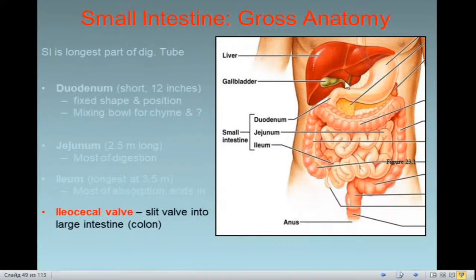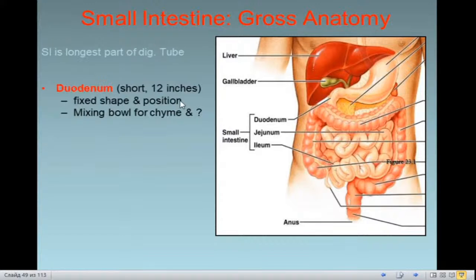And as you can see here, it's shown how these common alkaline fluids appear in the duodenum. And the next part after the duodenum